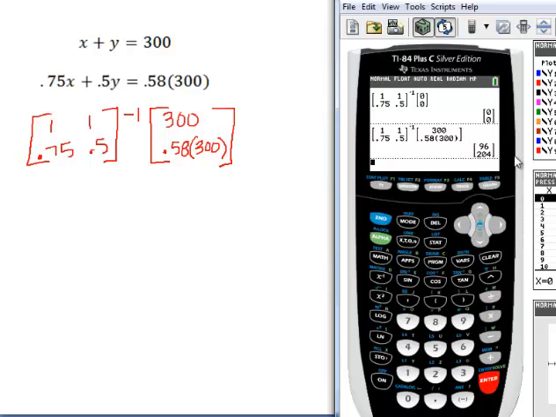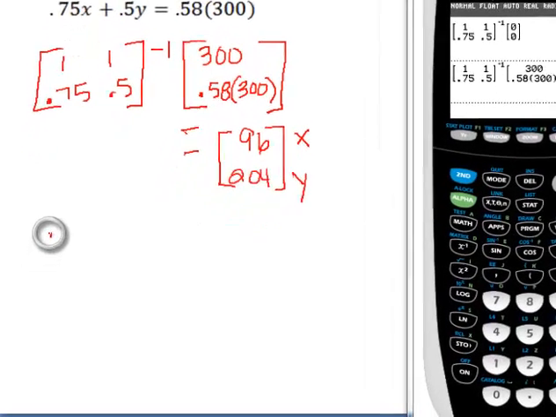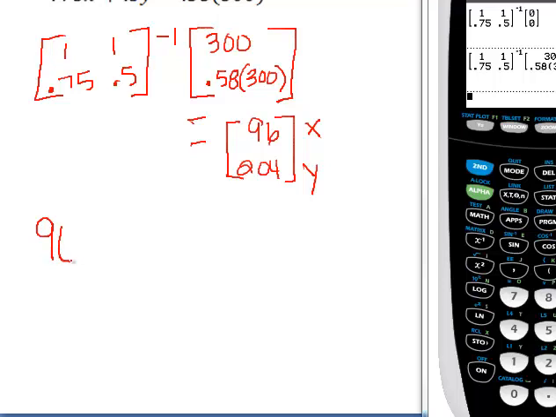Now it's going to have these numbers. That's your answer. So I'm going to write that on here. I've got that equals the matrix 96, 204. And hopefully you remember that once you get this matrix equation, these numbers that you come up with are your x and your y. So going back to the equation, my x value was my 18 karat gold. Because the question asked how much is needed of each, well, 96 grams of 18 karat gold